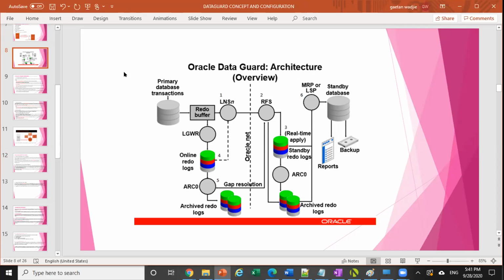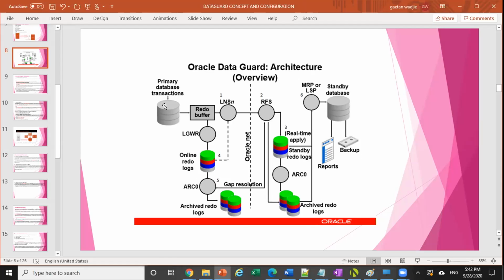But now, in the maximum performance mode, after a user issues a commit, as I explained to you guys in the architecture, when I issue a commit from the buffer cache, normally what happens? The log writer is supposed to write the redo from the redo log buffer to the online redo log file. Once it is written, feedback is sent back to the server process running in the instance, and the server process returns the feedback to the user. That is why you see on your screen